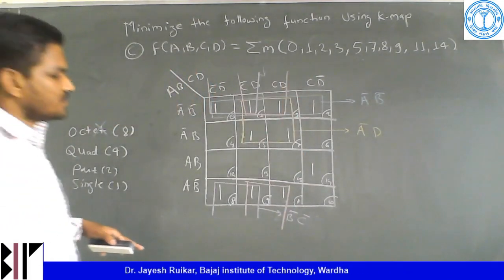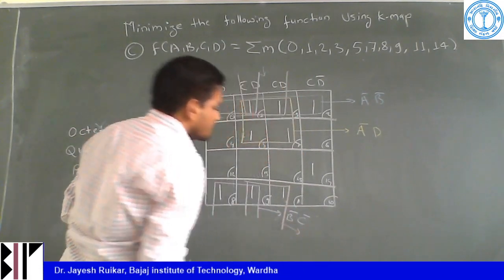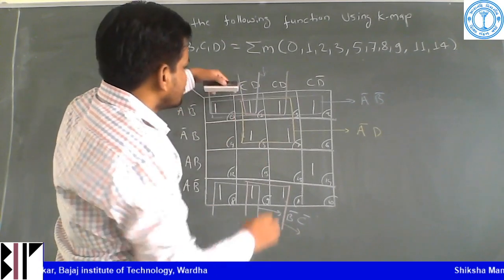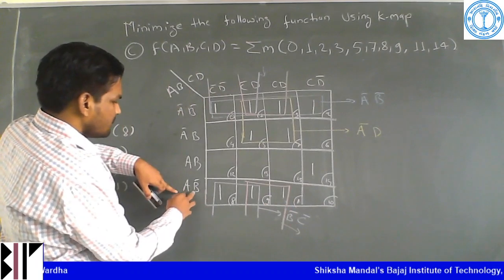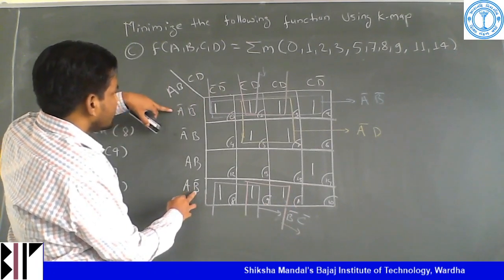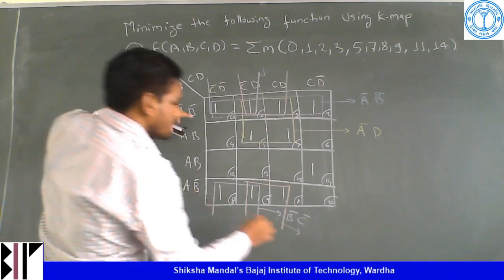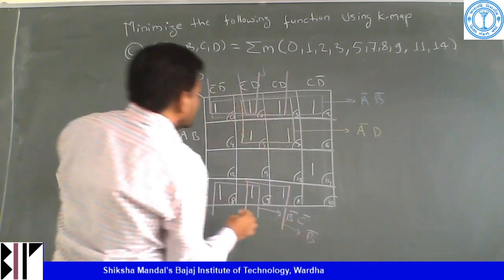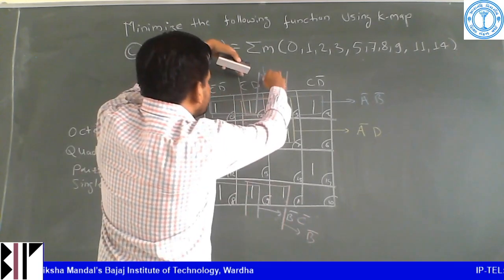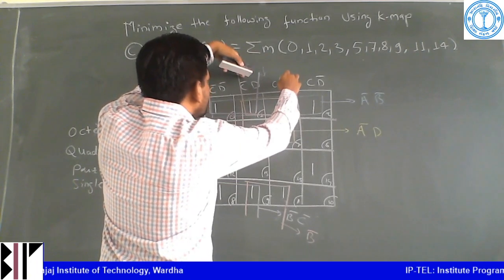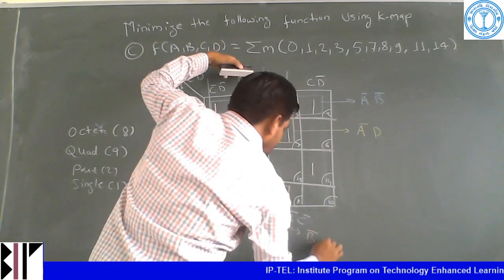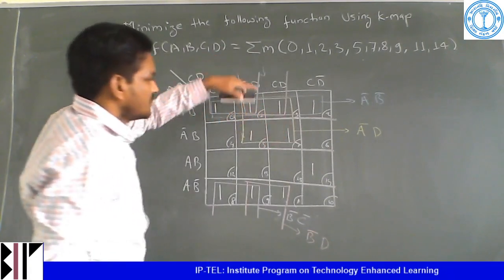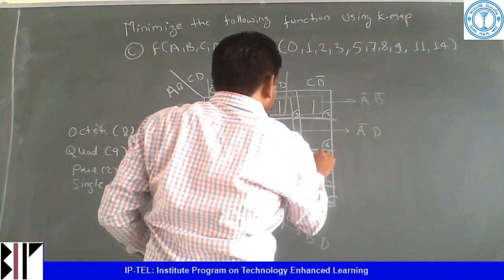Okay, so the equation for these two ones. These two ones are there. So from this side A B bar, and this is A bar B bar. So B bar is there, remaining B bar is there, and from the top side this is my C bar D, and then C D. Okay, so C bar C gets cancelled, so only D. Now this single A is remaining.